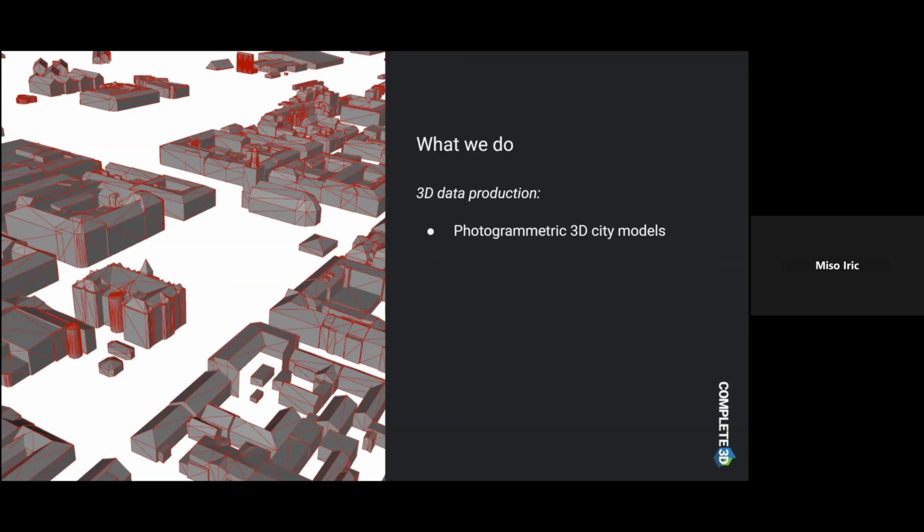Production of 3D models. In this case, we have developed our own algorithms that we use, and we can produce different types of 3D models for different applications. Photogrammetric 3D city models are usually produced manually. We have special 3D monitors and photogrammetric software, and we map roofs and details in the images, and then we produce 3D city models, everything from buildings to roads and other details in the city. So we can produce an entire 3D city model by using this method.